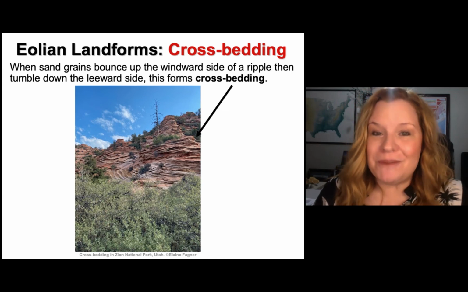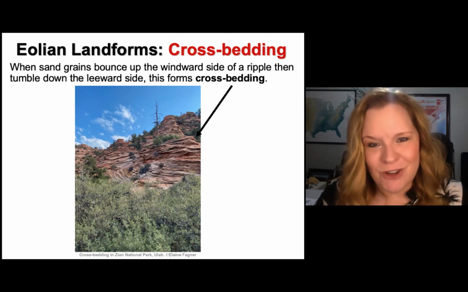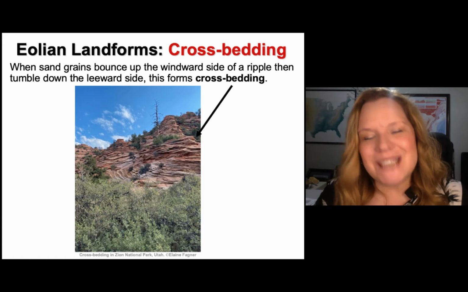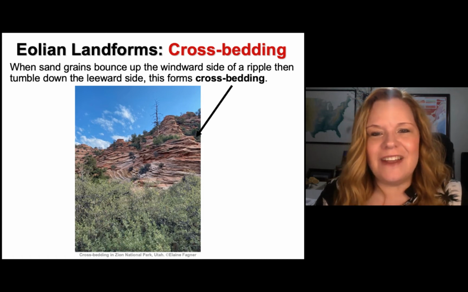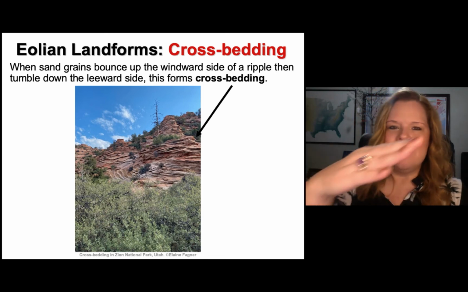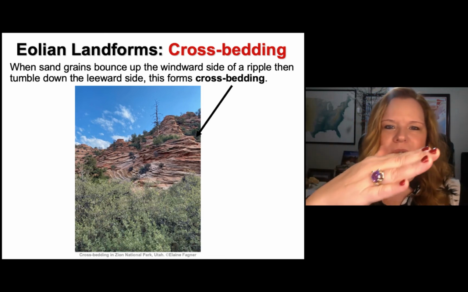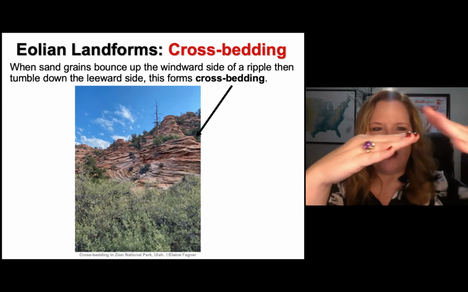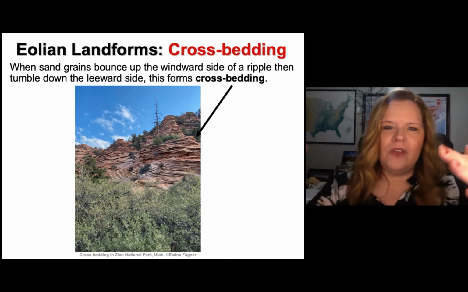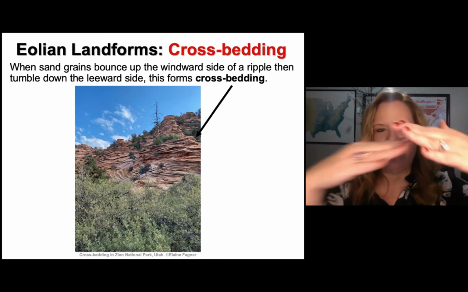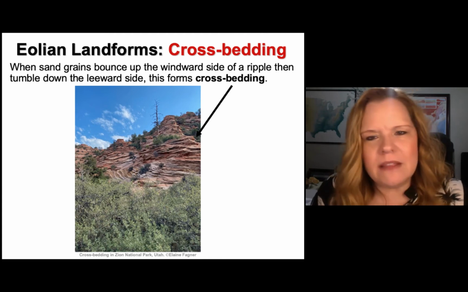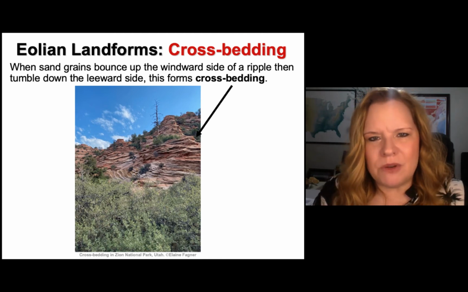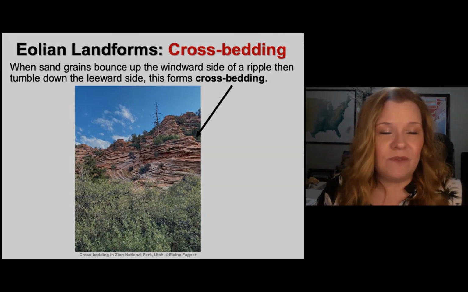It's time to learn about Aeolian crossbedding, and there's no place in the world you can see better crossbedding than here. This is Zion National Park in Utah, my favorite national park. And what happens is sand grains get blown up in the desert, and then they topple down the other side. Another layer comes in, does the same thing. So you get a crisscross pattern over time, making this one of the most phenomenal of all Aeolian landforms.